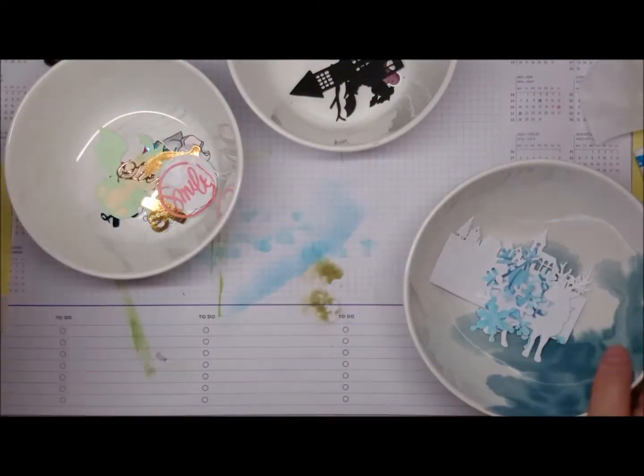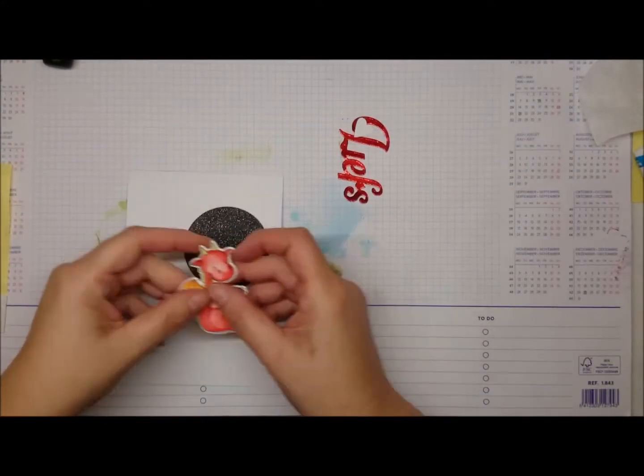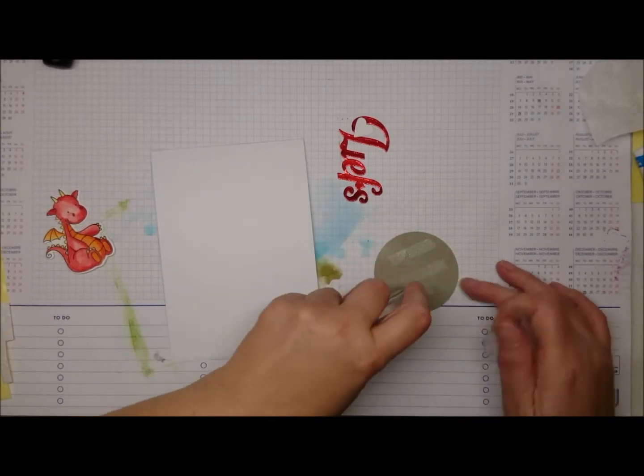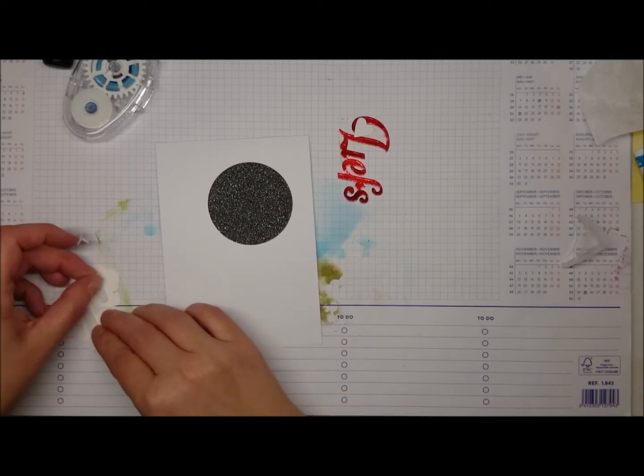So you have quite a few balls left actually, and I felt like I've been making cards for an hour and a half by now. A little bit fed up with it, but while I was looking for the other circle, I found 2 of these glittery circles, so I thought I could use that as a focal point for my